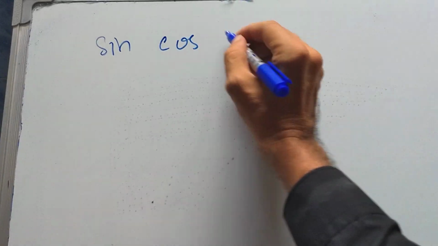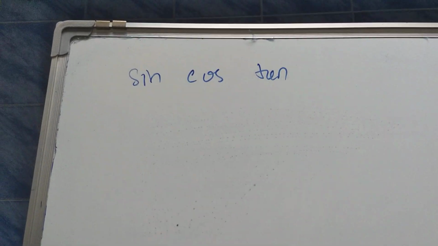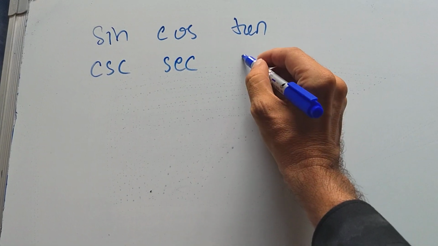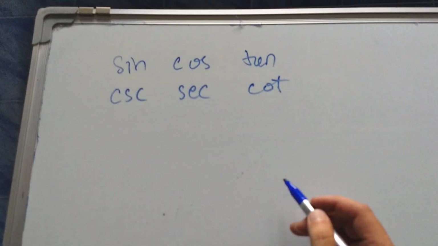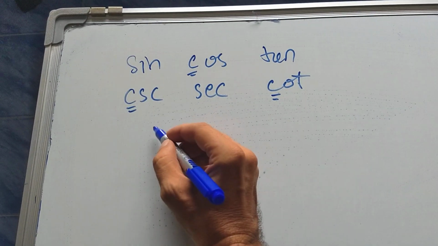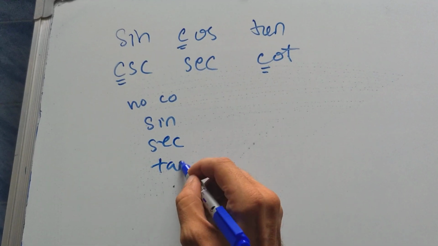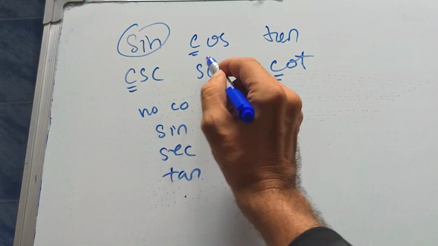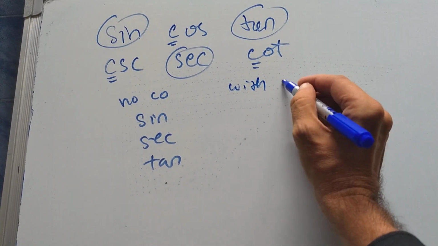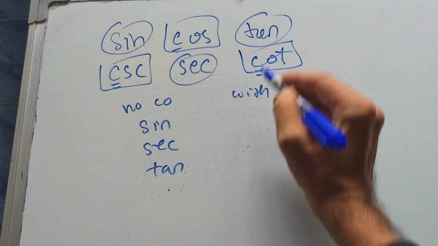Sine, cos, and tan. These are the three trig functions that everyone knows, the most common. And then we have the reciprocals, cosecant, secant, and cotan. Now, you notice that some of them have co in front. So we have two groups. We have no co, that's sine, sec, tan, these three. Sine, sec, tan have no co in front, and with the prefix co, we have these three, cosecant, cosine, cotan,